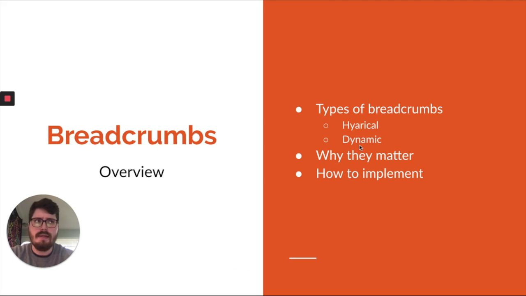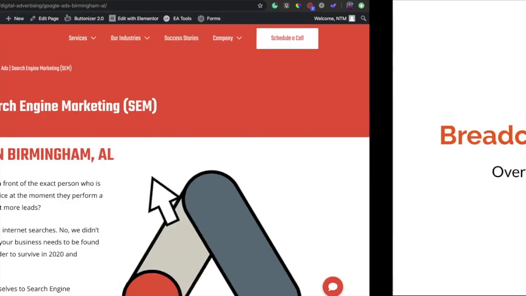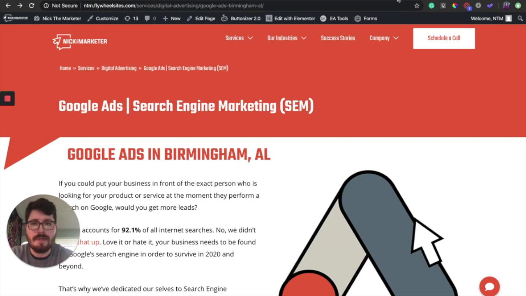The second piece I'm going to go into is the dynamic breadcrumbs. Now, unless you're working with an e-commerce site that's selling products, or you have some kind of search functionality on your website for tags and things like that, I wouldn't worry so much about dynamic breadcrumbs. However, they are important if that's the kind of SEO work you're doing. And to show you an example of what I mean,